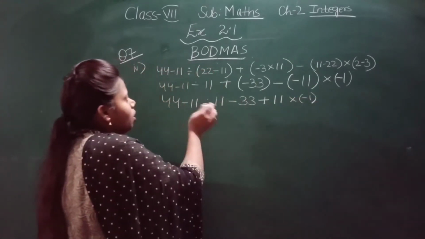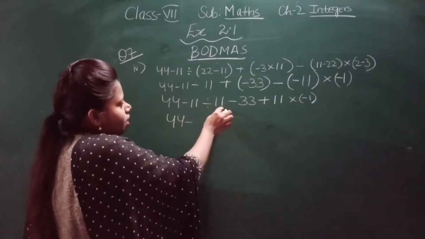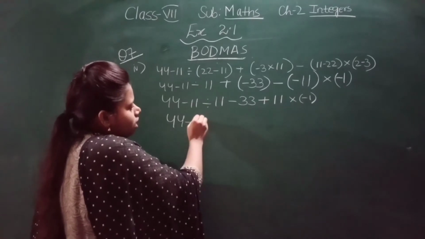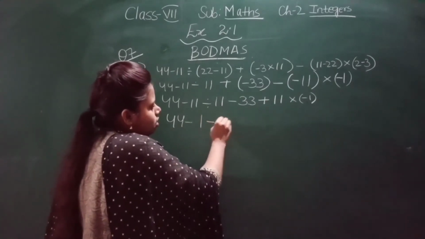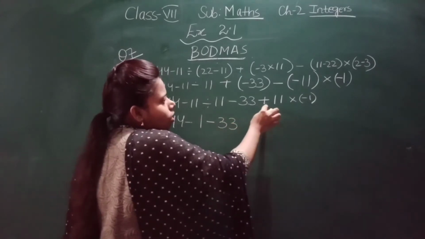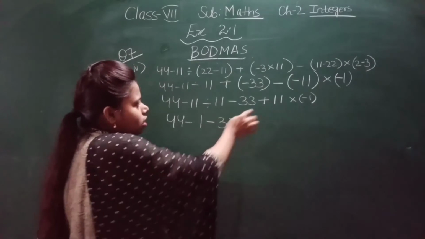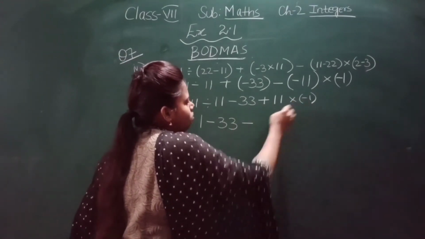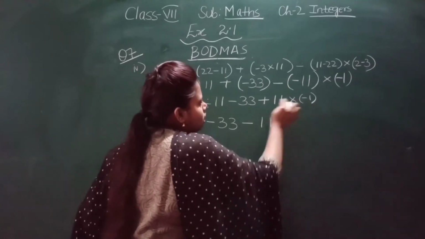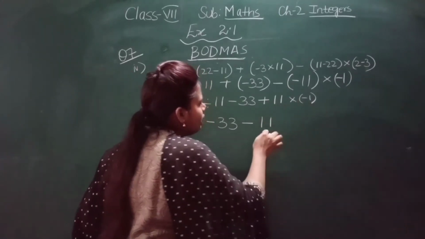Now what I have to do is divide. So minus 11 divided by 11. 11 1s are 11. Here will be what? 1. 11 divided by 11 will be 1. Minus 33. Now we can multiply this also in the same line. You can multiply because we have divided. Now we can multiply this. So plus minus is what? Minus. 11 1s are 11. Plus minus here, the sign is getting multiplied. Plus minus minus. 11 1s are 11.